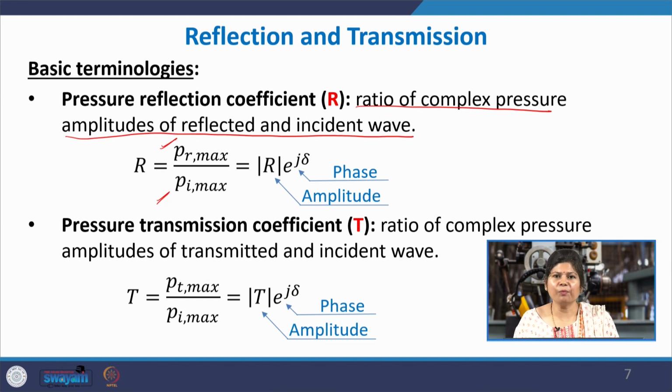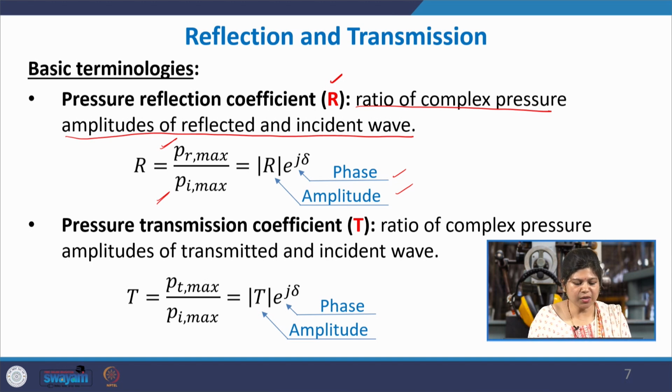But why do we take complex quantities into account? Because it makes some of the derivations and the computations much easier if we deal with these exponential functions, because their differentiation and integration is easier, and we know that the basic wave equation is a partial differential equation. So, we would be doing a lot of integrating and differentiating if we are dealing with a complex system. Hence we represent it in the complex form, and then when we take the ratio of these complex amplitudes, we end up with a complex quantity. It should have a phase and an amplitude. This is denoted by capital R, the pressure reflection coefficient.